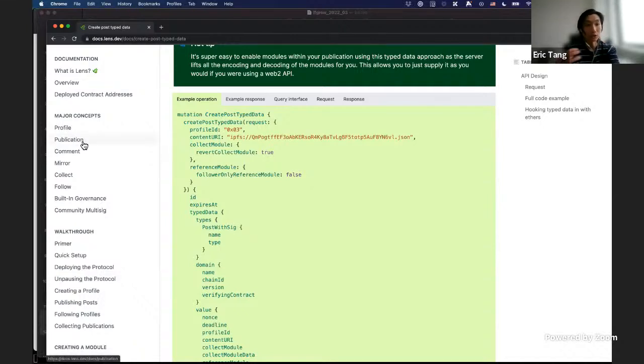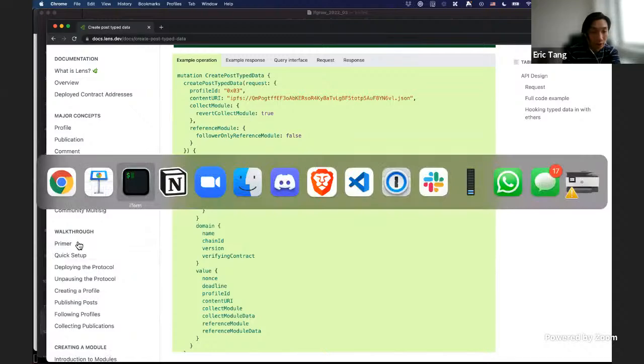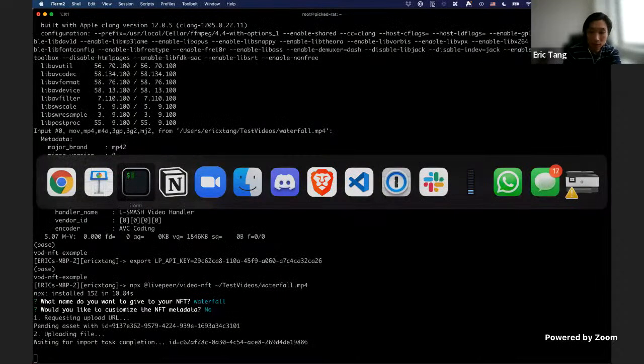A post is also called a publication. And from there, you can even create a mirror, and that is basically a collection of different posts from other profiles, right? So you can create this view so that you can create a curated list of posts.